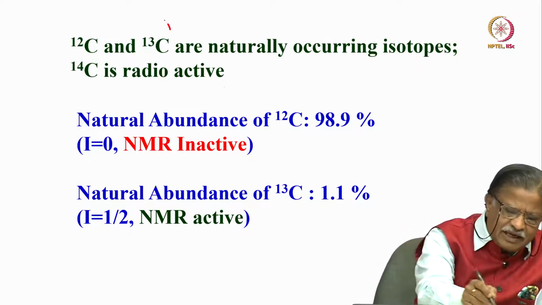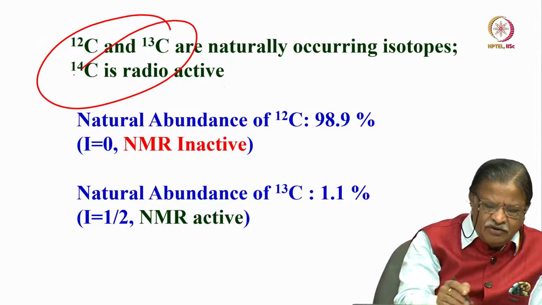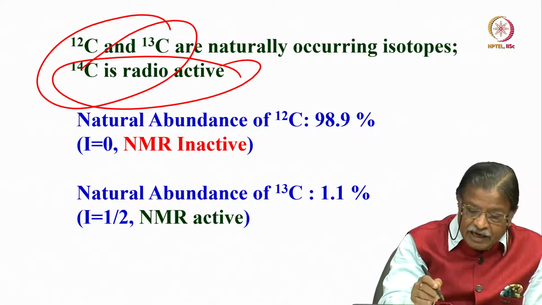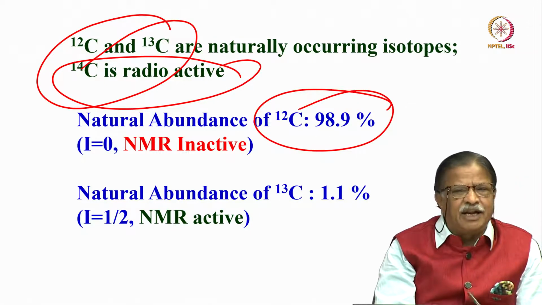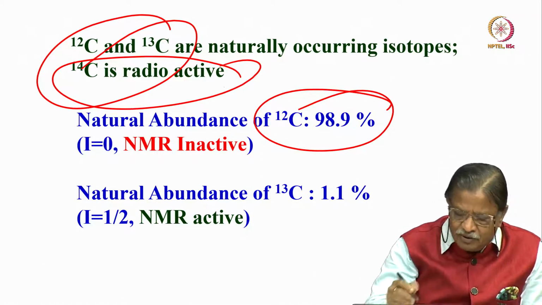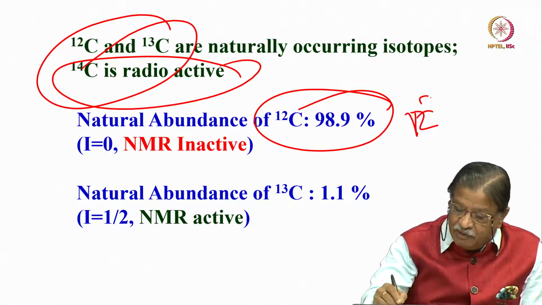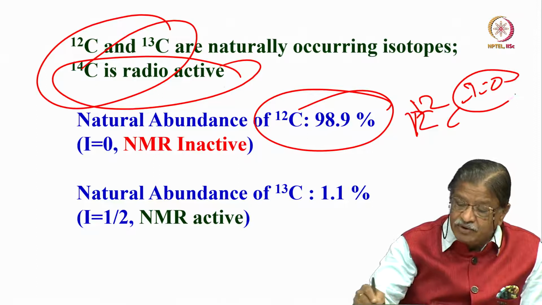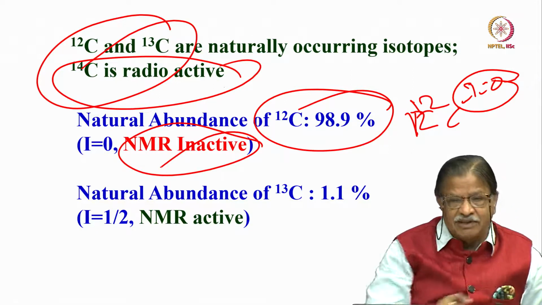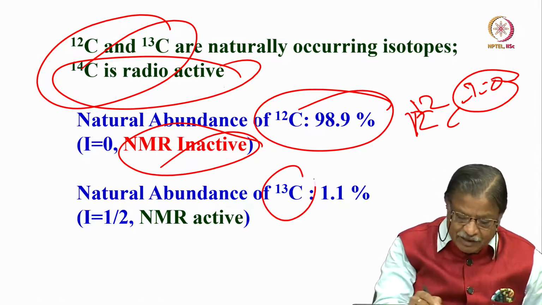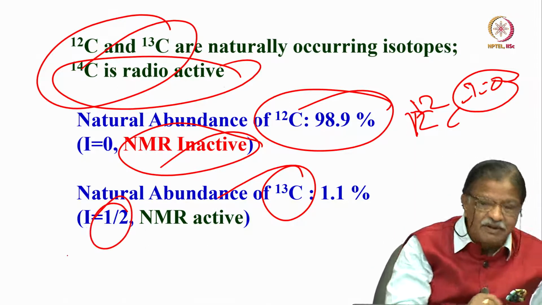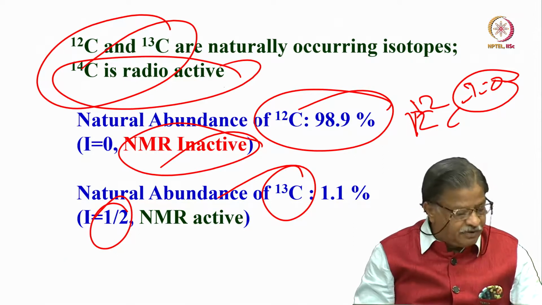First of all, remember there are 3 isotopes for carbon: 12, 13 and 14. 14 you ignore, it is radioactive, we don't see it. The good thing in nature is carbon 12 is almost 99% abundant. But we will not see that. You know why? I explained to you, carbon 12 has spin equal to 0. So its magnetic moment is 0, it cannot give NMR. So it is NMR inactive. They are NMR silent nuclei. Now on the other hand, carbon 13 is 1% abundant, that is NMR active. Interestingly, it is a spin-half nucleus. Very easy to study, very easy to understand the behavior of spin-half nuclei.